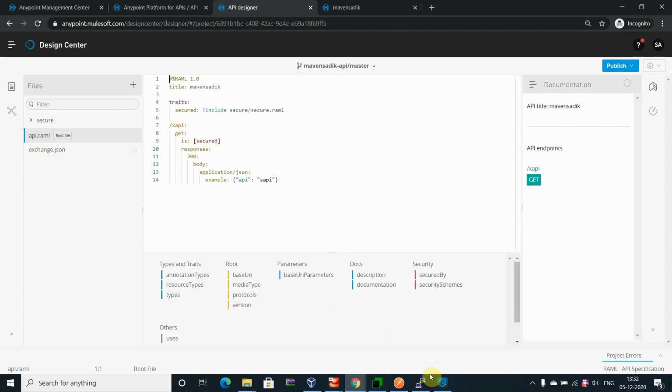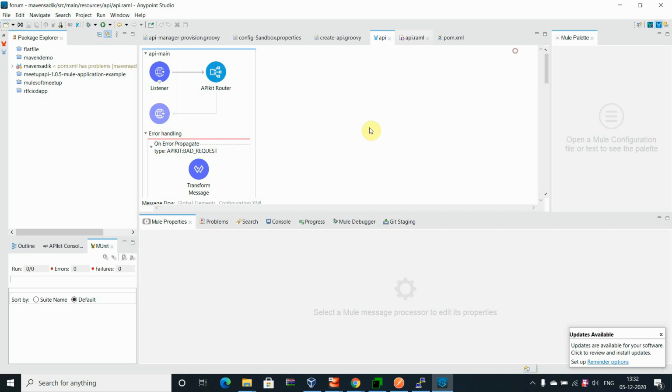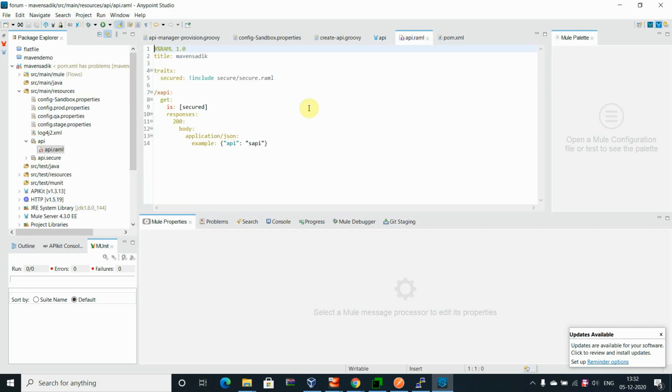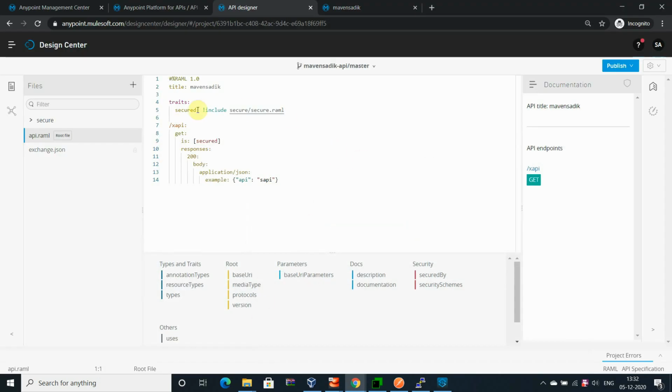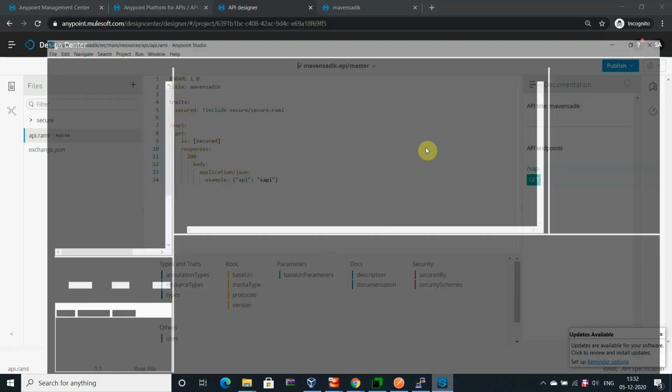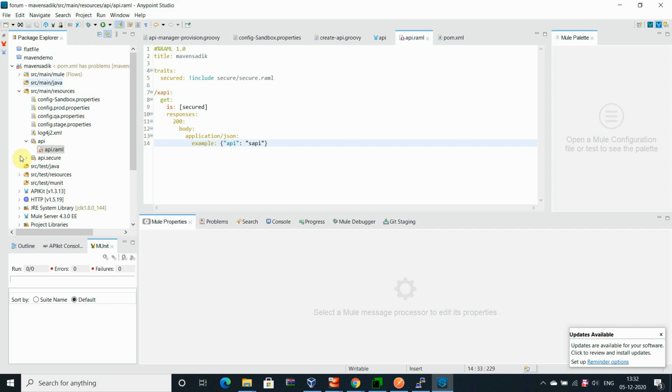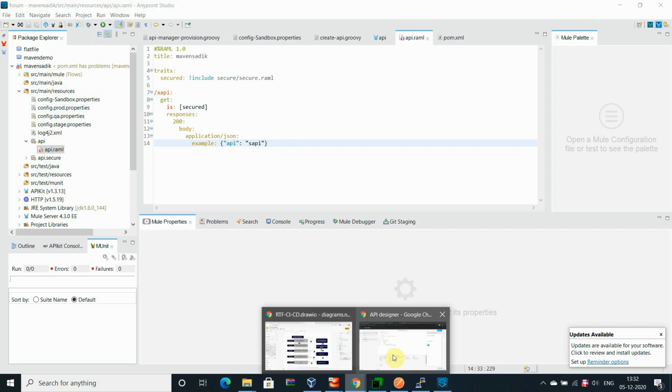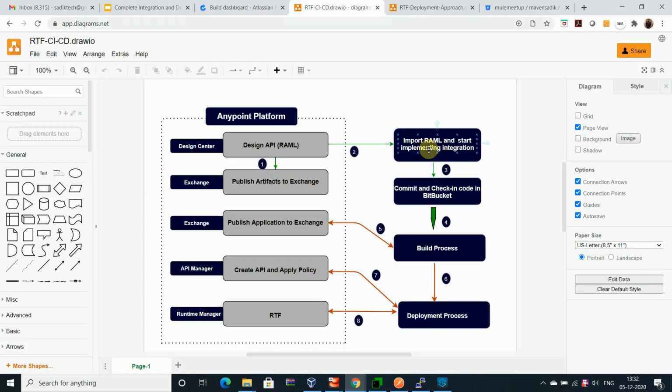Okay, and this has SAPI. You can see that you'll find here the same thing. Okay, this is the API RAML and this is SAPI. Okay, so you can see that the application is there. Okay, I have imported it into my studio. For the rest of the things, I have to do some changes based on the environment. I have to create the property files, and then the rest of the things I will go over one by one. Okay, so right now we are here.